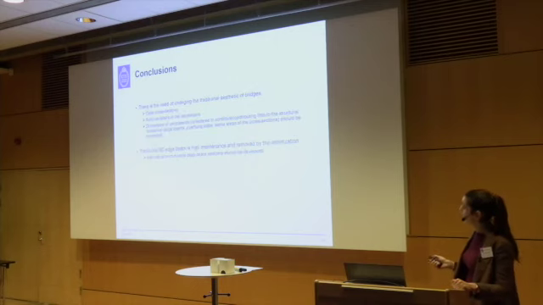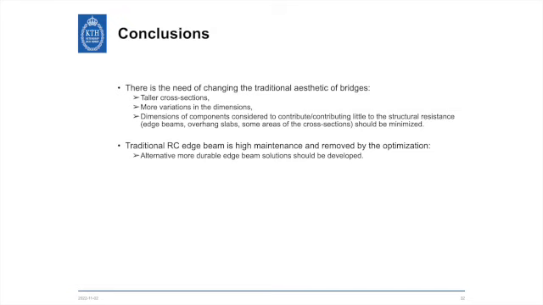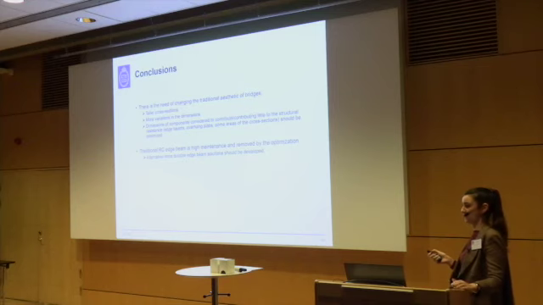Last thing, which has been criticized a bit in my work, is like, but what about aesthetics of bridges? And I think we should change a bit the idea of aesthetics. So for example, what I showed you here, and it appears also in my work, is that we need to go for taller cross-sections, unless we have problems of minimum vertical clearance, but otherwise we need to do that. We need to allow a tiny bit more variations in the dimensions. Add one cross-section in a